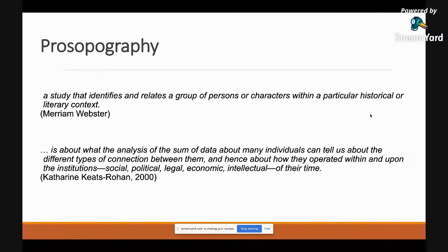So what is prosopography, for a start? Merriam-Webster says that prosopography is a study that identifies and relates a group of persons or characters within a particular historical or literary context. Referring especially to historical prosopography, and thus maybe coming with a definition closer to home for many of us,